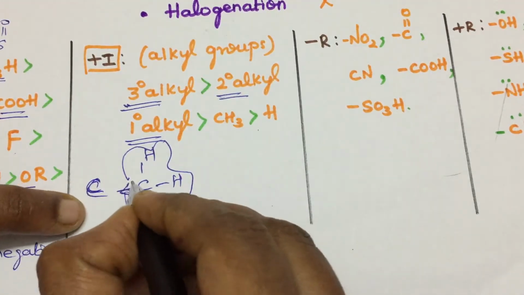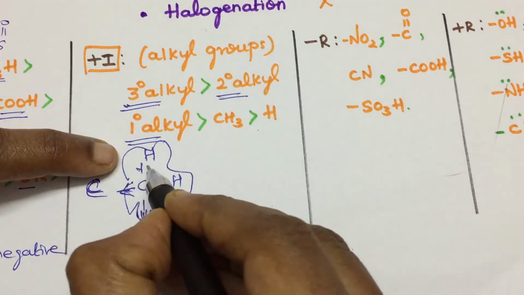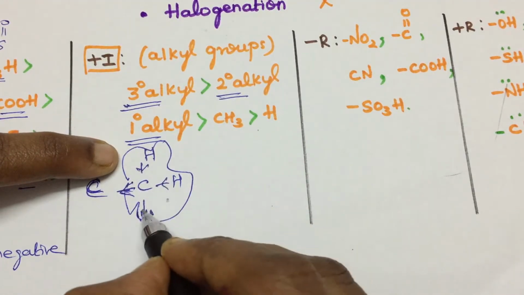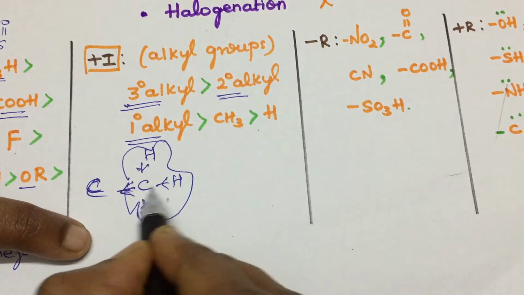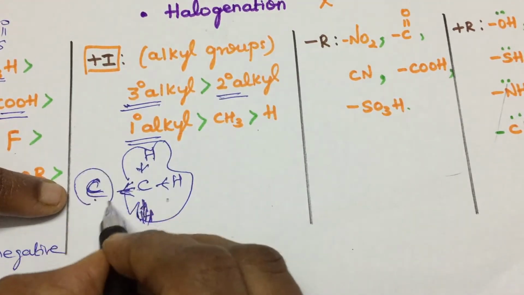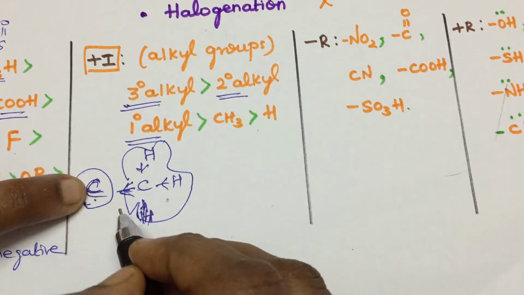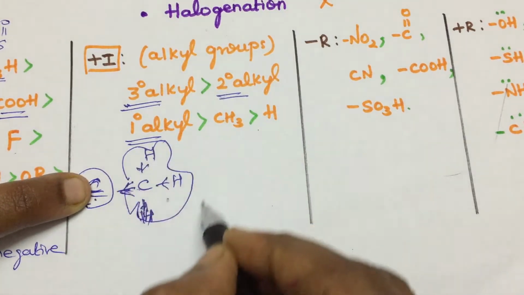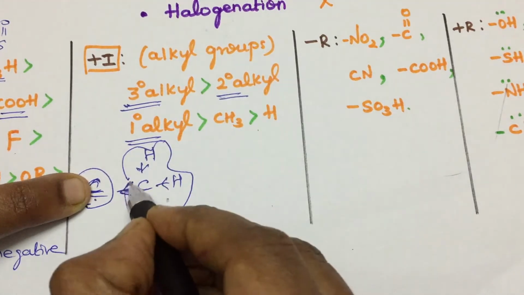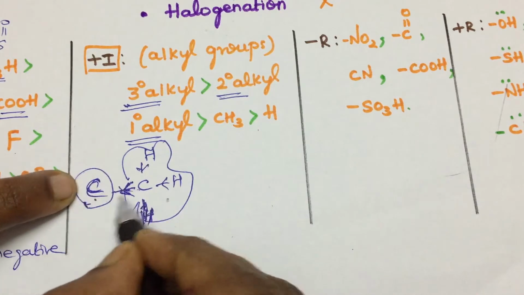donate electrons, which gives the plus I effect, because hydrogen is less electronegative than carbon, so it will give electrons to this carbon. Okay, so from this source your entire methyl group will supply. This is the carbon of interest. If we are studying this carbon and a methyl group, an alkyl group, is attached, this is how it gets the electron flow.